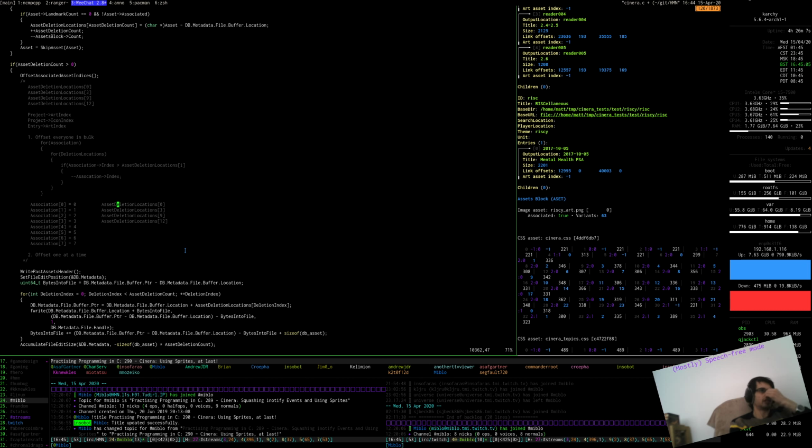So what this essentially means is that 0 is going to get deleted, 3 is going to get deleted, 9 is getting deleted, 12 is getting deleted. Okay. So we can see, first of all, association 0 is associated with asset 0. This will then in turn say